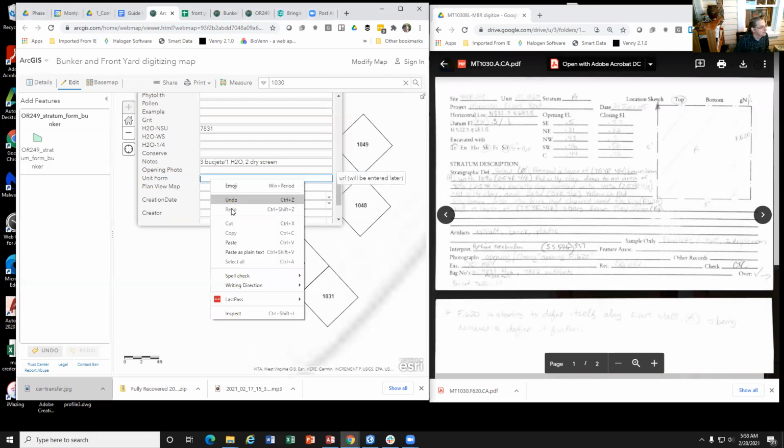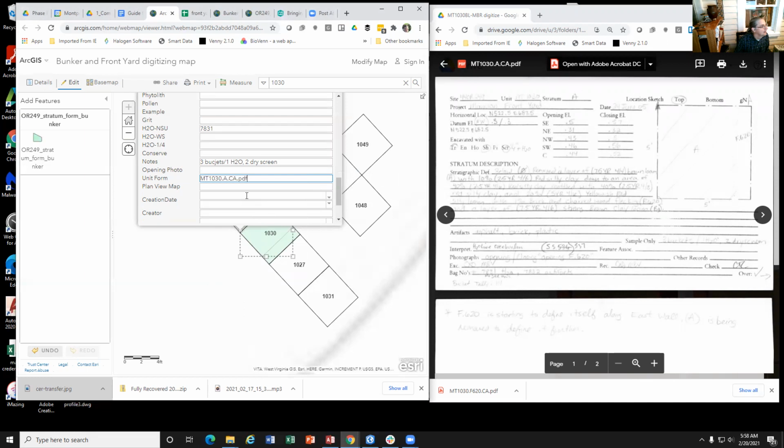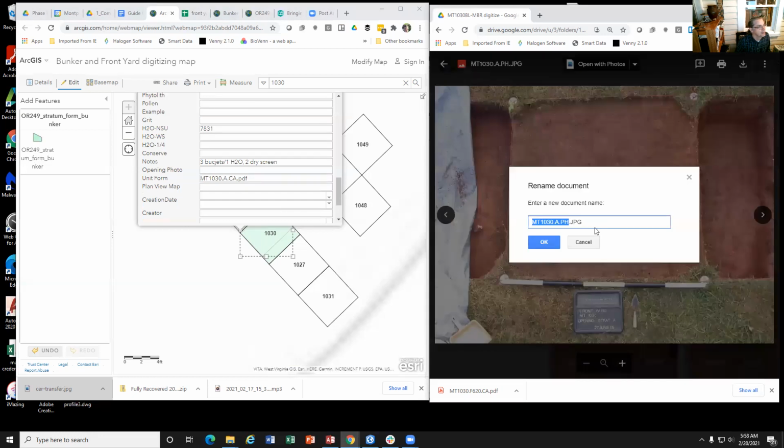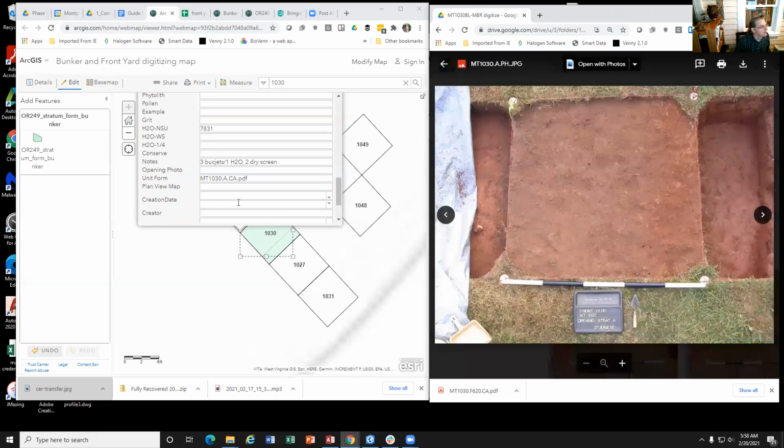For the opening photo, that would be right here, which is 1030 PH. Again, you want to copy the whole line, including the file type, and paste it in.